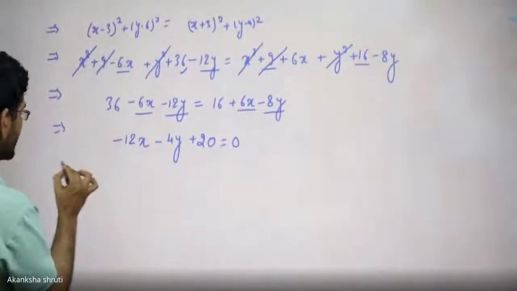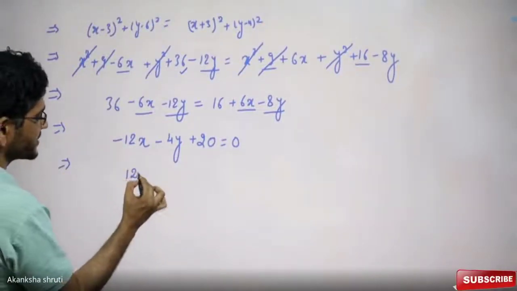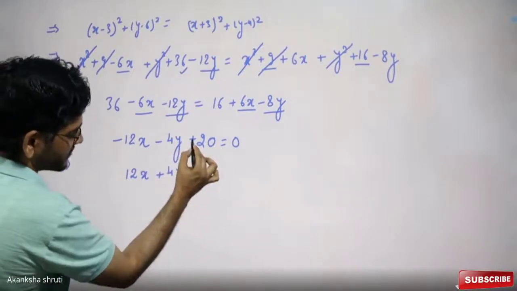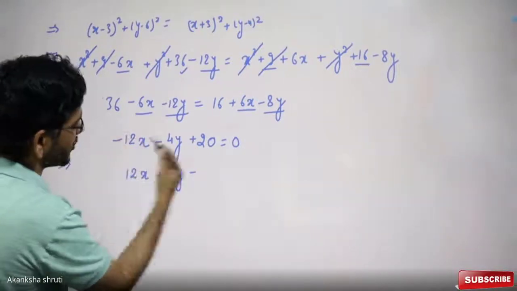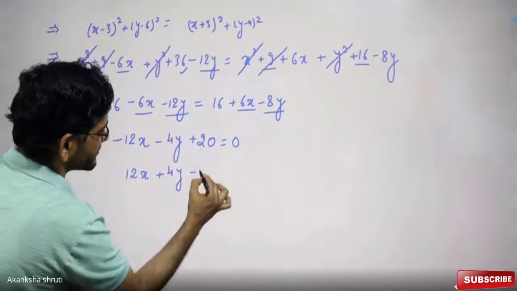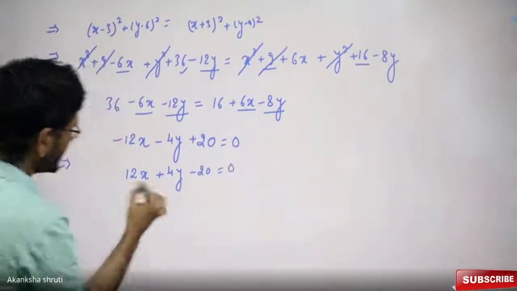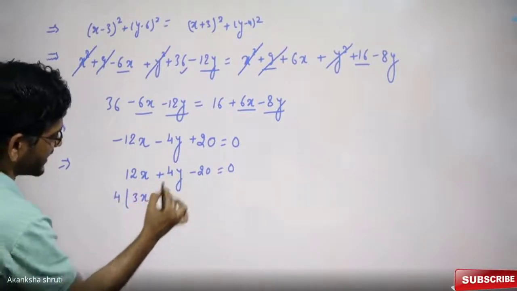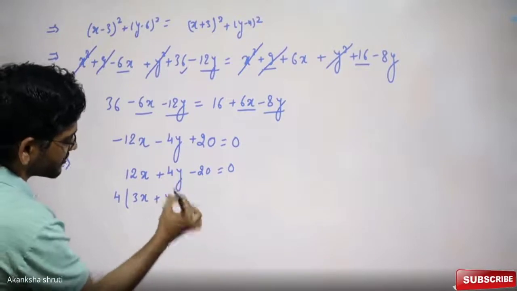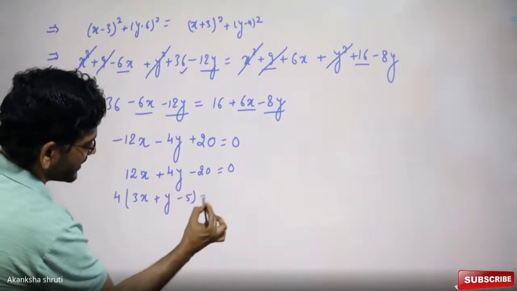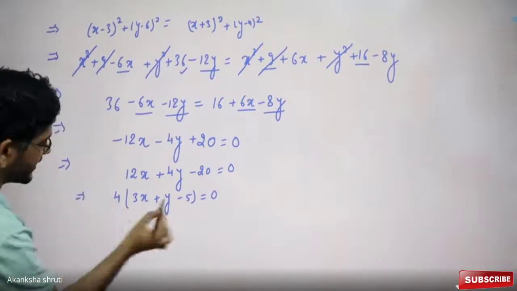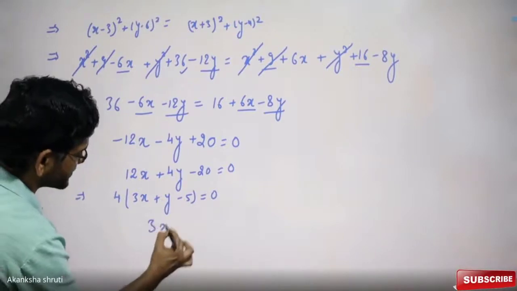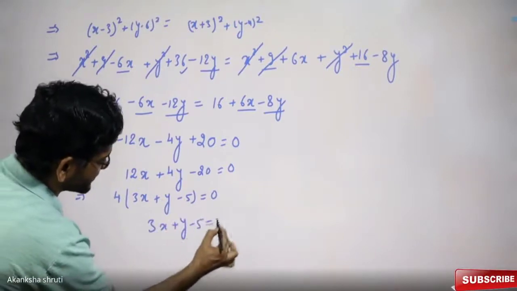That's all. Students, the negative sign can be cancelled by taking it outside. So 12x plus 4y, and in place of plus 20 it now becomes minus 20, because we are taking minus as common and dividing on this side. So it becomes 12x plus 4y minus 20 equal to 0. Even in all of these, 4 is common; we can write 4 threes are 12. So 3x plus, taking 4 out, y, and 4 fives are 20, equal to 0. What is left? Dividing by 4, with 0 in the denominator, it becomes 3x plus y minus 5 equal to 0. Isn't it the answer?